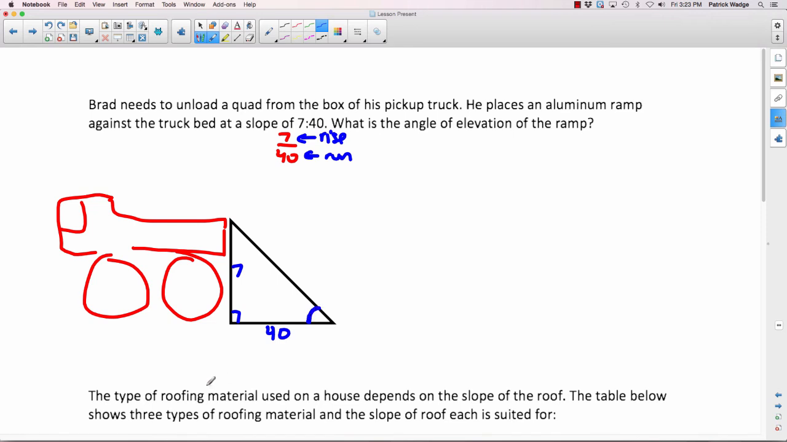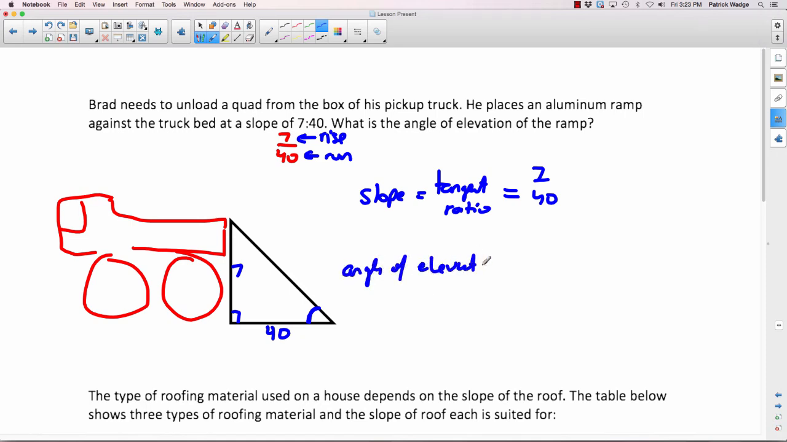How are we going to do that? We're going to start by either figuring out the slope, or we're going to figure out the tangent ratio. Because remember, they're equal to each other. So the slope and the tangent ratio are exactly the same. So why don't we do slope? Well, wait a minute. It gave us the slope. The slope is 7 over 40, right? If you're doing the tangent ratio, opposite is 7, adjacent is 40. So we have the slope, we have the tangent ratio. Remember what we always did to get the angle of elevation? We just took that amount and we did inverse tan